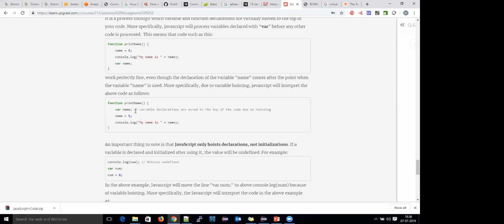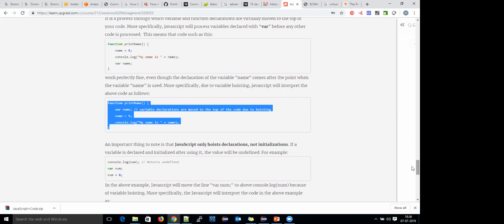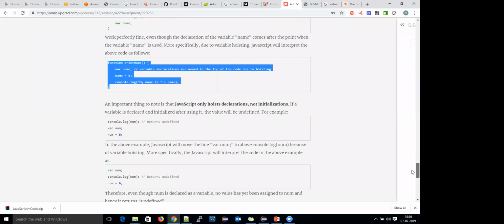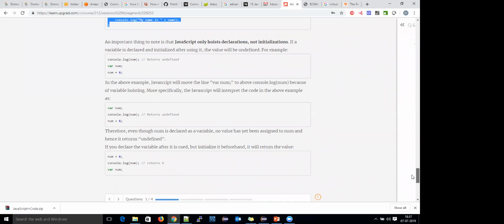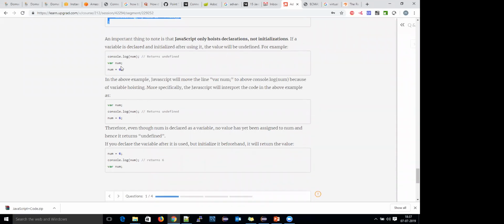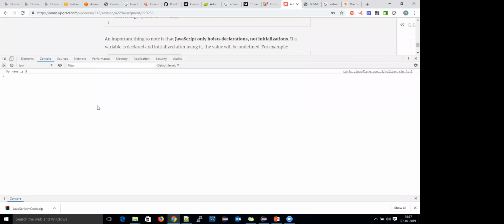Yeah, what it says is that variable declarations are moved. This is the output of this function when we execute. Declarations automatically move upwards, and yeah, this will not work because JavaScript only hoists a declaration, not its initialization. This will not work. If I copy this one and try to execute,